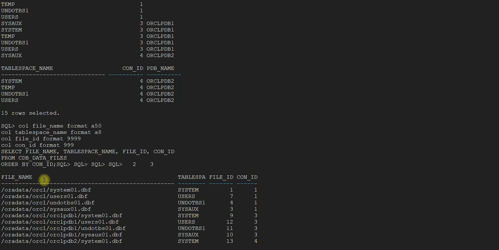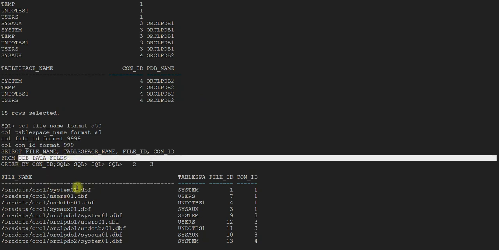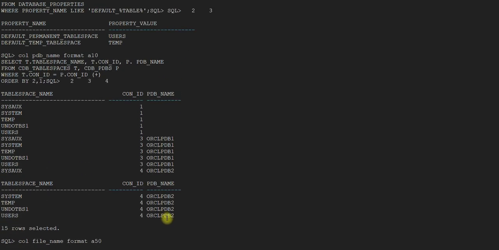There is one difference between V$TABLESPACE and V$DATAFILE, and CDB_DATA_FILES: CDB_DATA_FILES will not give you the container ID 2 values, but V$TABLESPACE and V$DATAFILE will give you the complete details of all the containers, right? So as you saw,